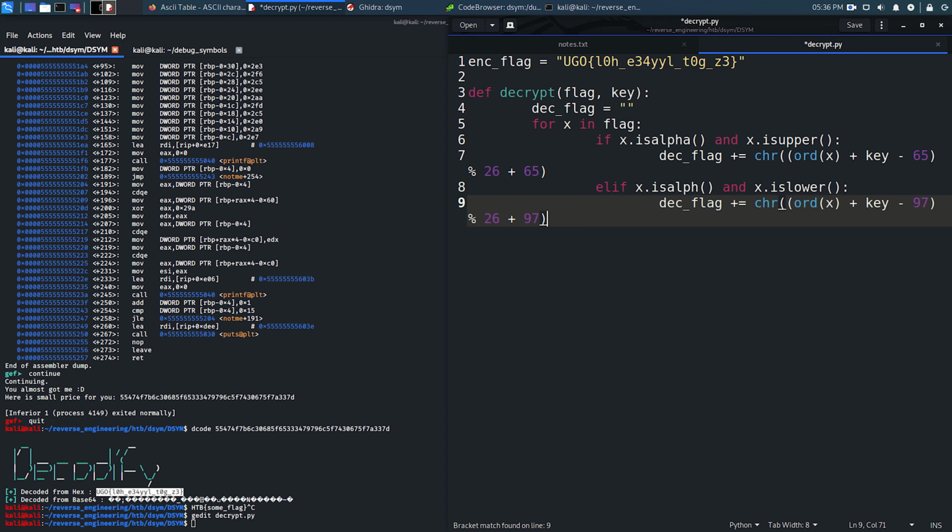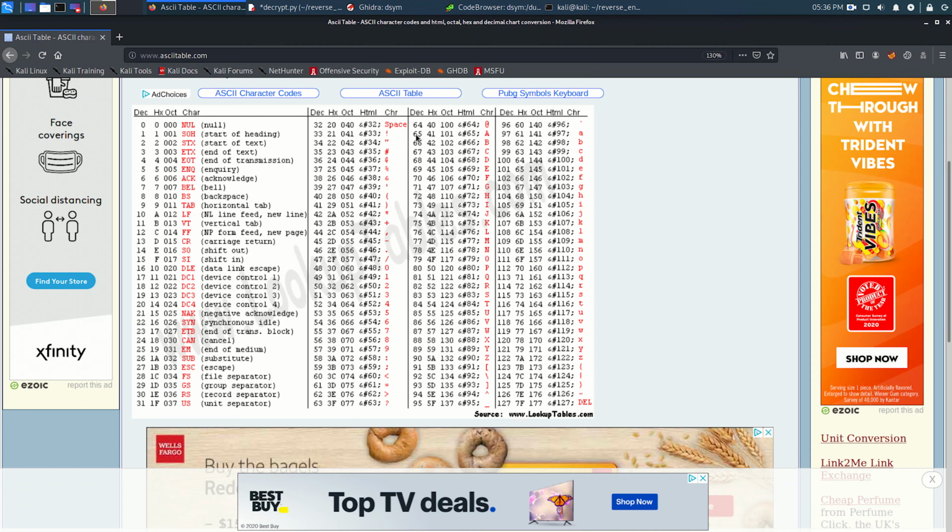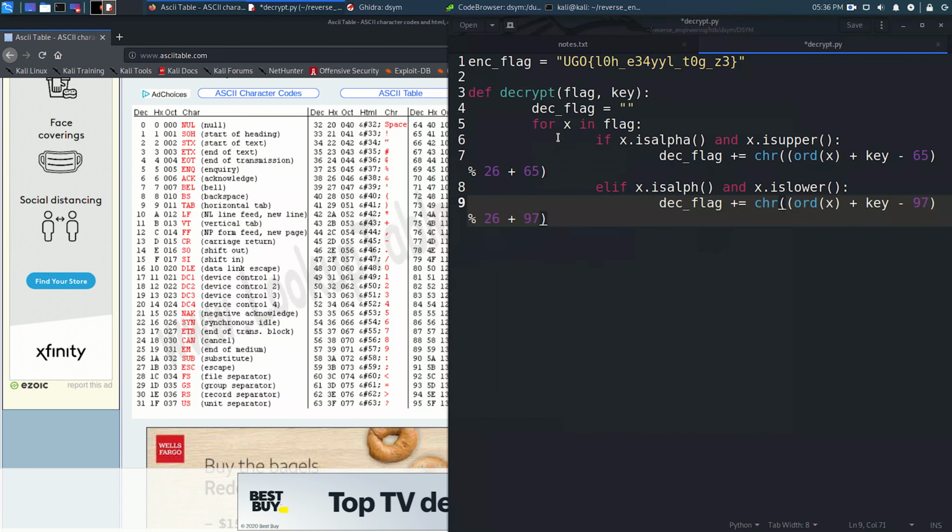I'm using 65 and 97 because 65 is A, the first letter in the alphabet, and 97 is lowercase a. And lastly, I want to say else dec flag plus equals x, and so that'll just give me the actual number. And then I'm just going to say print dec flag,